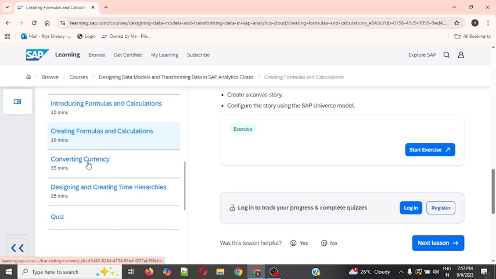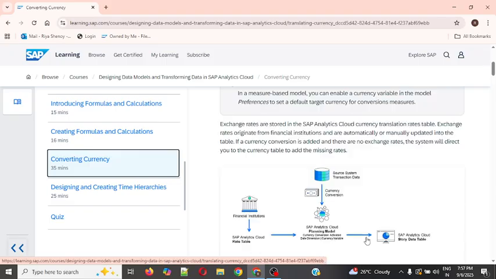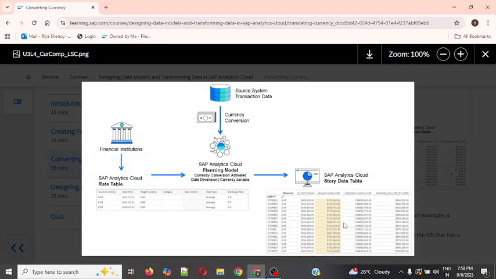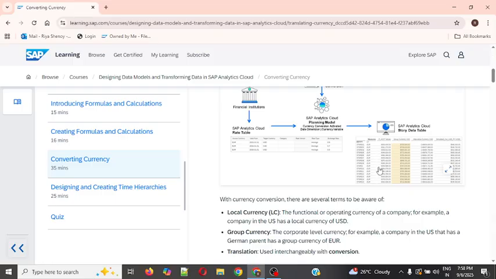Now let's see currency conversion. Exchange rates are stored in the SAP Analytics Cloud currency translation rate table. So in your SAC, you will have a translation rate table where all your currency translations will be stored, like what is INR to USD, what is USD to INR, like that. You can see here, this is the table. You don't have to go and search for everything. SAC has already